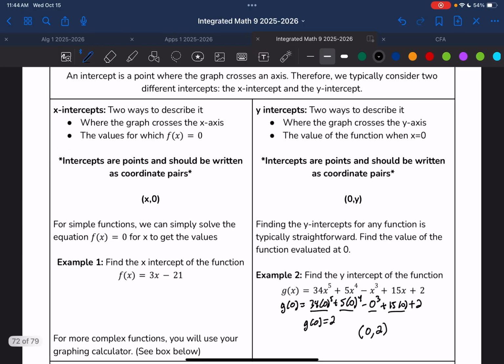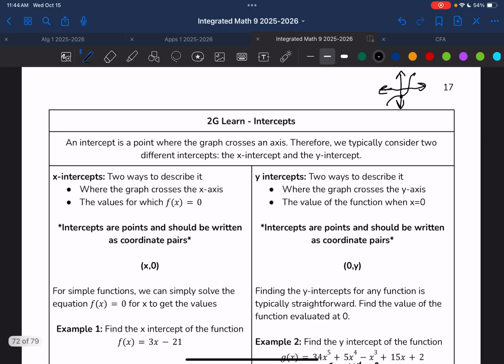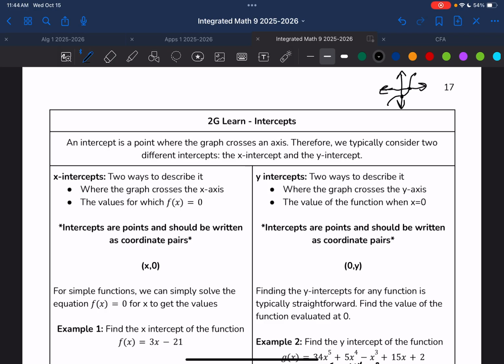X-intercepts can be more complicated. So the x-intercept, that's where the function crosses the x-axis. So in our little drawing up here, right, we have the x-axis, we have our function. Where those two cross, that's your x-intercept. And here,